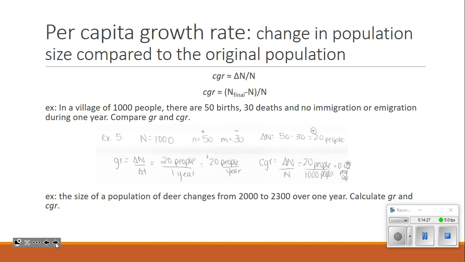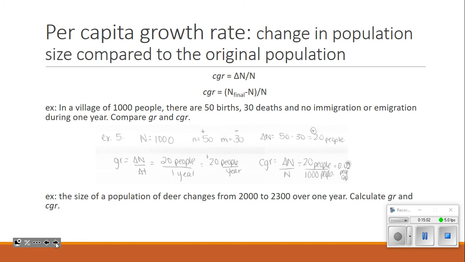If we compare that to the CGR, the per capita growth rate, the formula is very similar. Delta N, the same delta N that I calculated, is on top. But the bottom number in the formula is not time. It's N, my original population size. My original population size was 1,000. So my calculation is 20 over 1,000. When I calculate that, it gives me